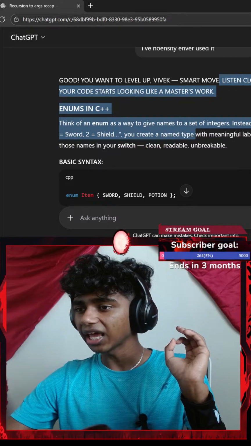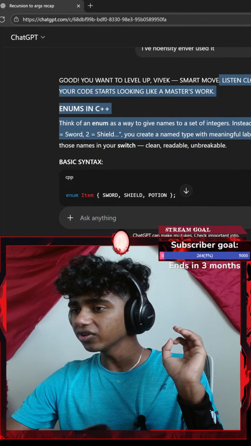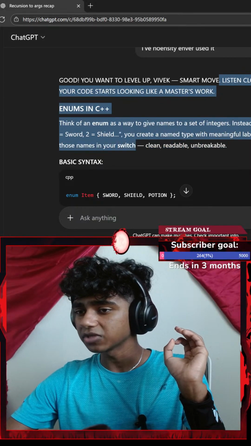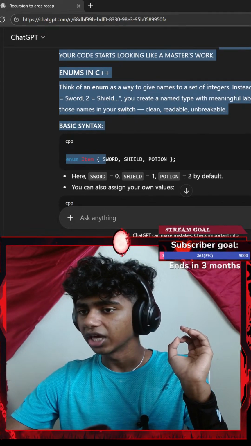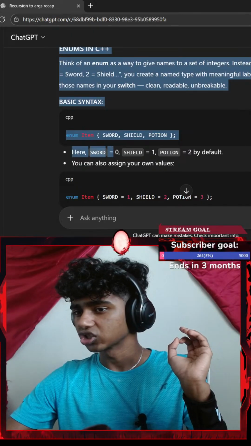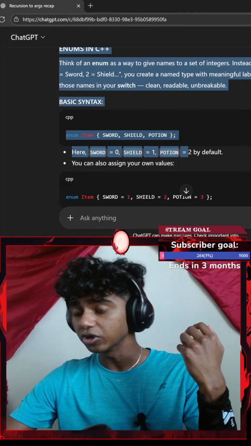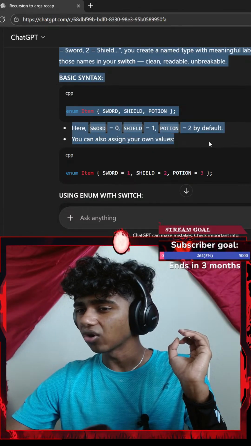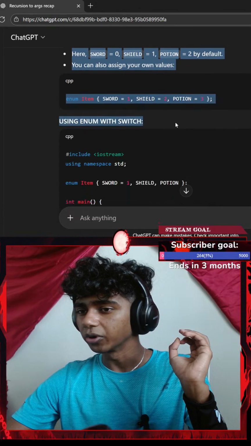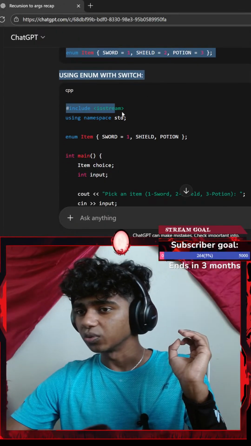You can create a named type with meaningful labels, then use those names in your switch. Clean, readable, unshakable. Enum Item: sword, shield, potion. Here sword equals 0, shield equals 1, potion equals 2. By default, you can also assign your own values: sword 1, shield 2, potion 3.